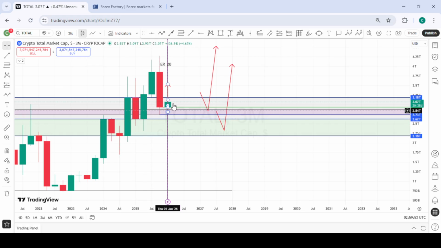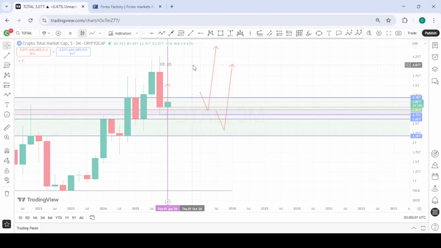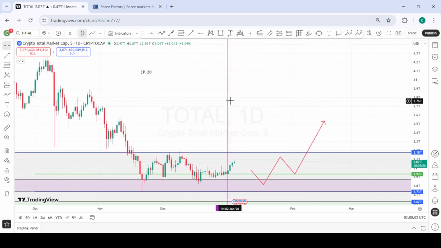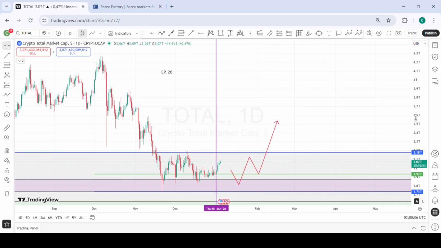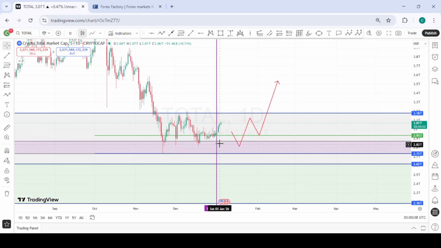So it's still giving us bullish sentiments for the entire crypto market cap. So we would like to look out for possible reversal patterns or some formations right here in this zone. So should price pull back into this zone we have here and give us some bullish momentum to the upside,